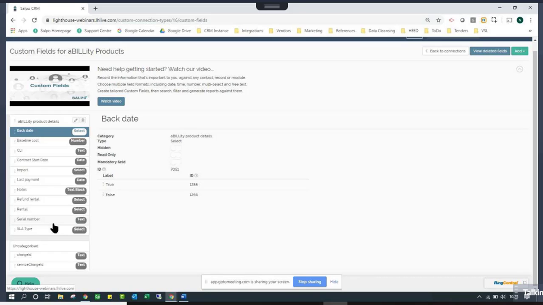And it's per line item really that you're needing to be able to update that information. So now this integration allows you to put custom fields within that connection outside of just the standard Salpo fields that we provide for you, like your tax rate, cost price, sale price, quantity, and things like that. This really gives you some additional space to track information that's specific to that relationship between the product and the